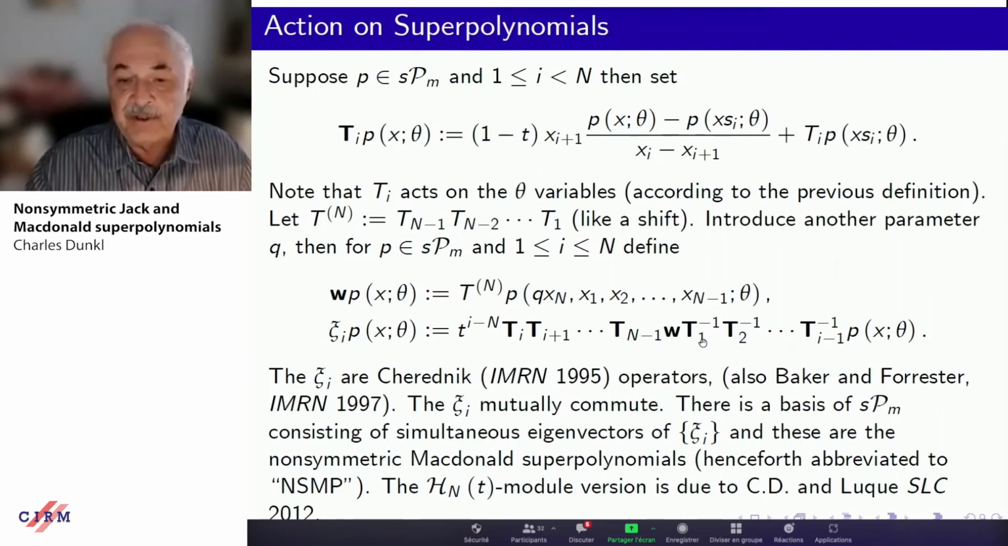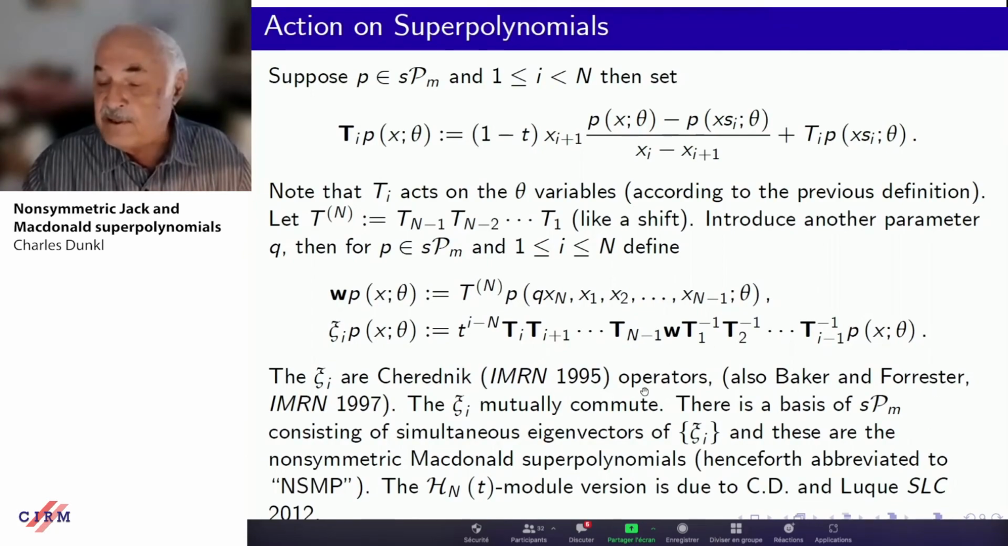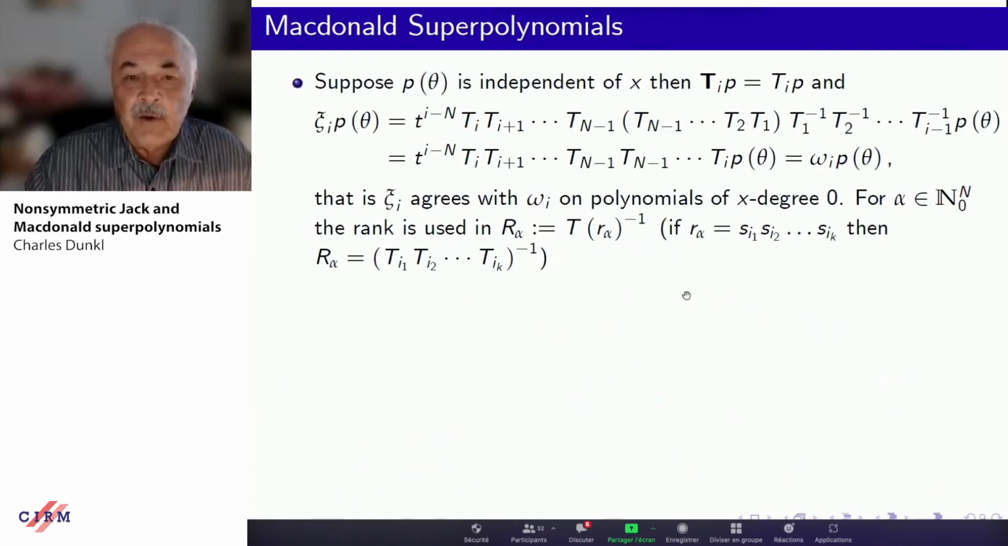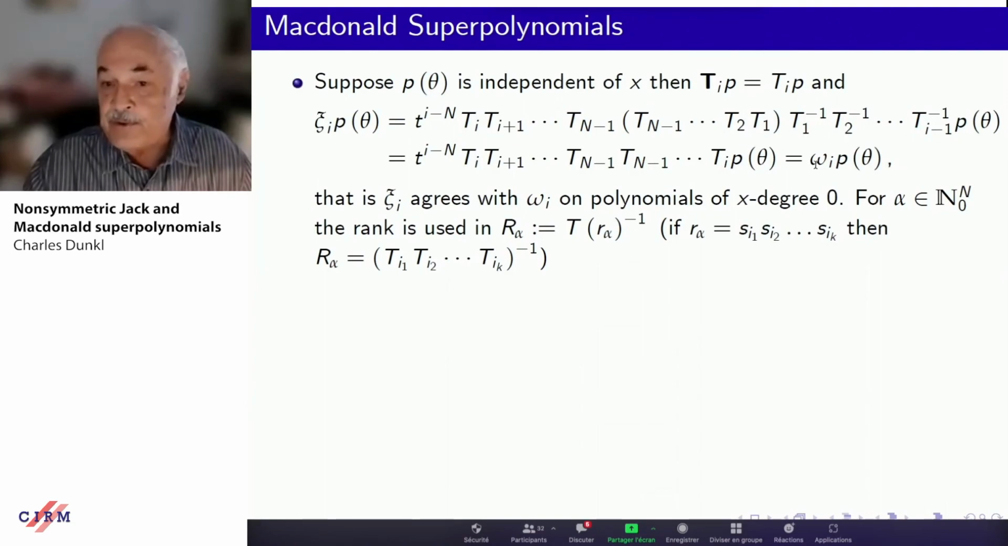These xi-i's commute. So there is a basis of simultaneous eigenvectors of xi. These are the non-symmetric Macdonald superpolynomials. Jean, Gabriel, Luc, and I worked out this theory for modules and not just the scalar case. You have to prove that the relations work, the braid relations and so forth, do what they're supposed to. When you restrict bold-faced t to regular t on a polynomial in theta by itself, xi coincides with the Euclid-Murphy